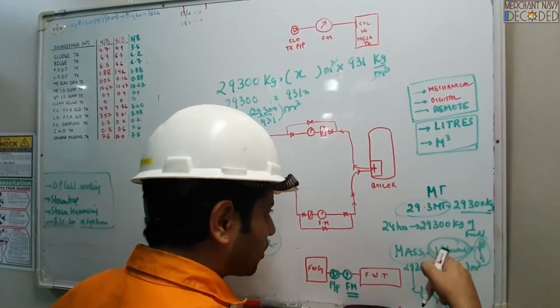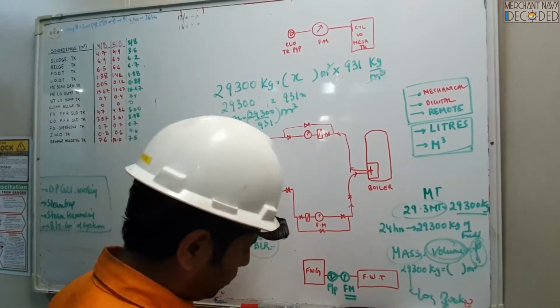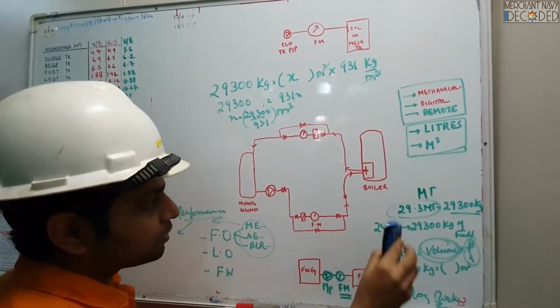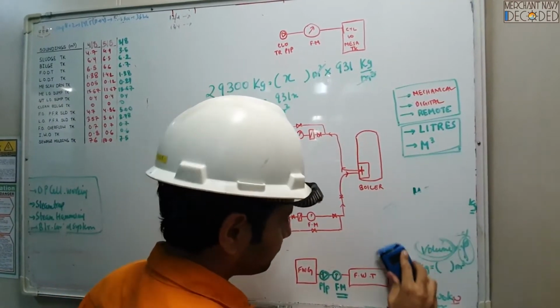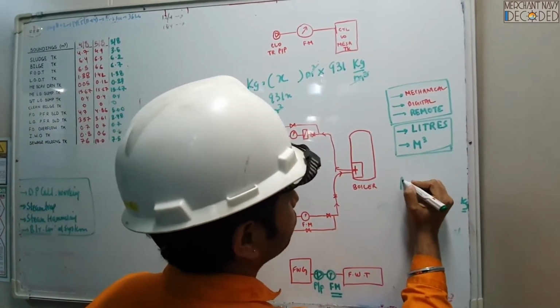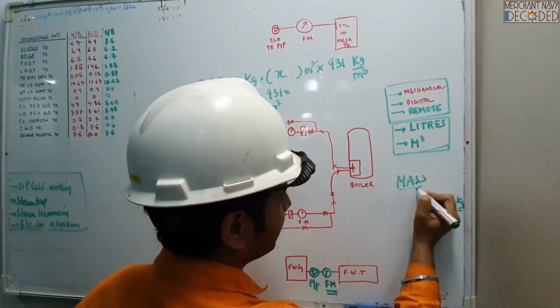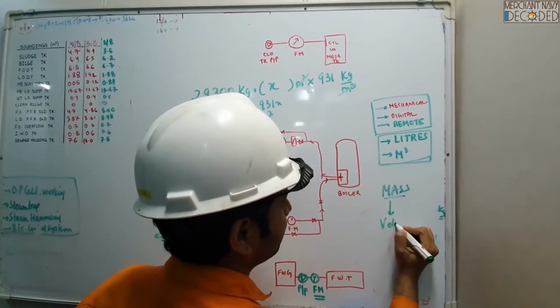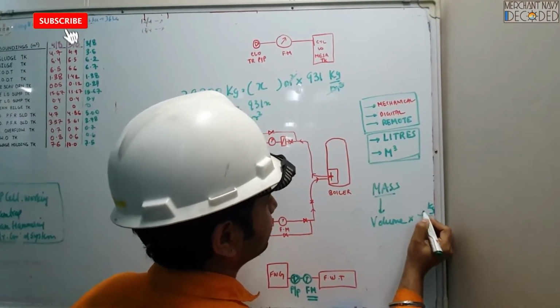Now when I talk about the volume, we have to know the volume. So for that we need onboard ship flow meters. So the basic thing is, guys, again I am repeating, we have to know the mass, right? Mass can only be known when we know the volume and we know the density.